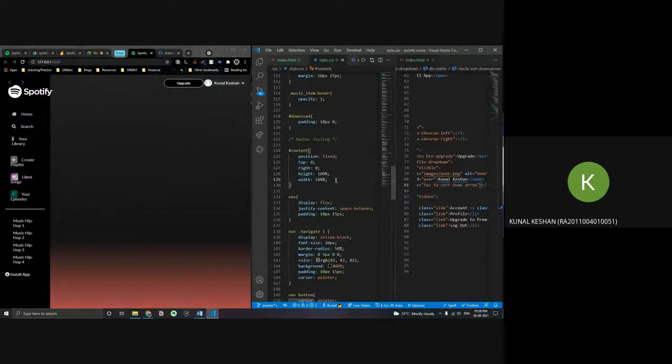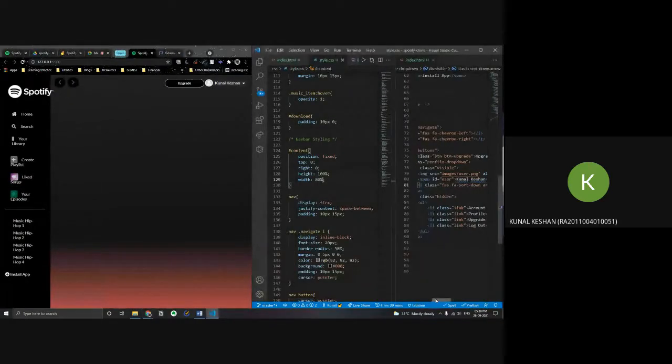Percent, and oh yeah, remember we gave 20% width for the sidebar. What we basically do is for the content part, we wanted the whole screen that is 100% minus the 20 we gave for the sidebar, just like 80% over here. Now you can see it's adjusted over here.